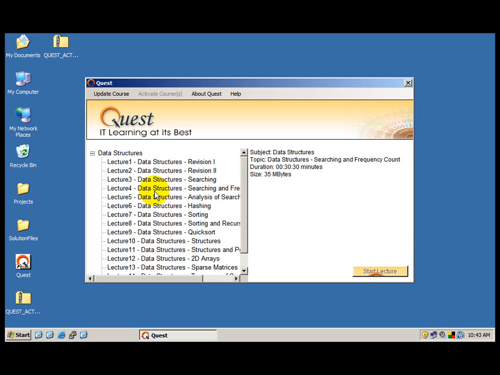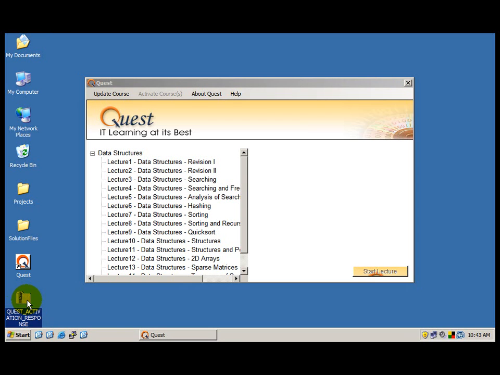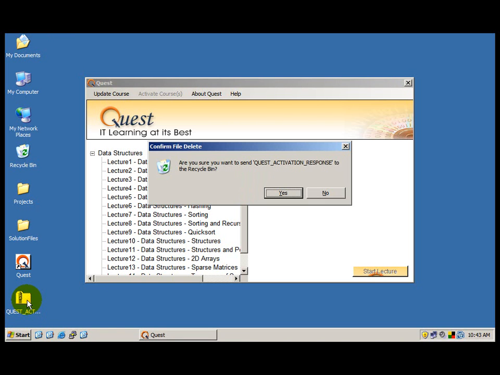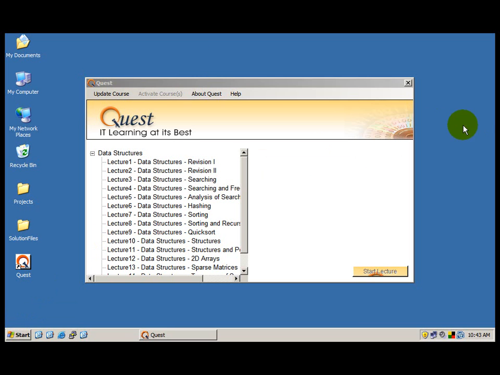So the activation request file and its response can be used only once, and once they have been used, the best policy is to delete them. They are of no use. Don't try looking inside the files. There is nothing inside the file of use for you. You just have to delete them, and then anytime you have to reinstall the course for whatever reason, sometimes after formatting, sometimes even without formatting the system, you will have to create a new request file, send it as a request attachment rather,